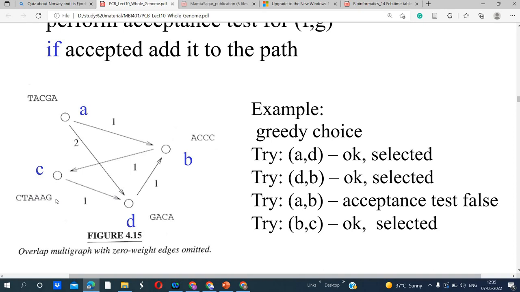Because G is present at the end and another residue of C is C, so these two can be matched.